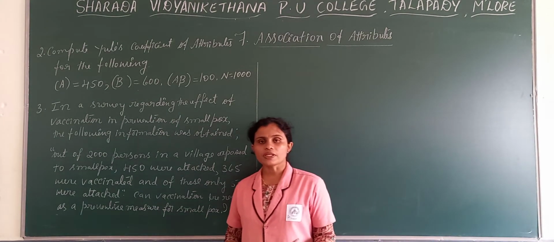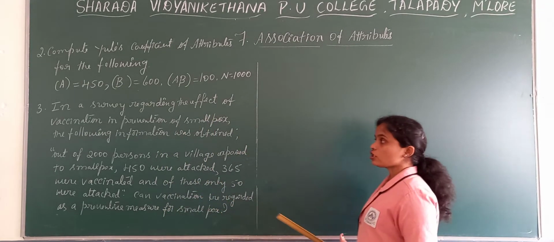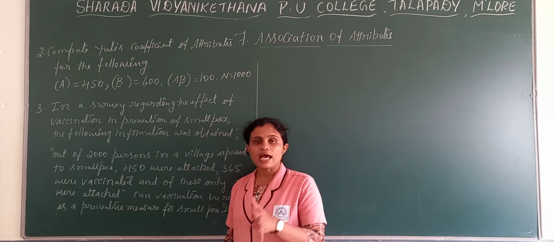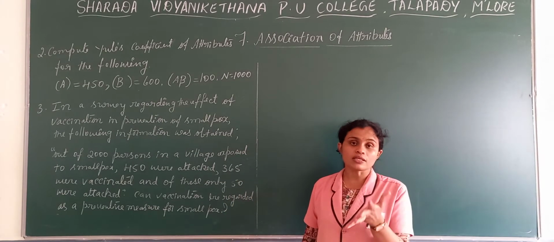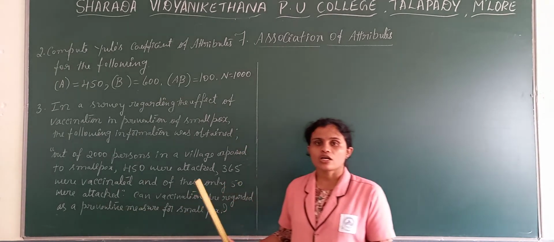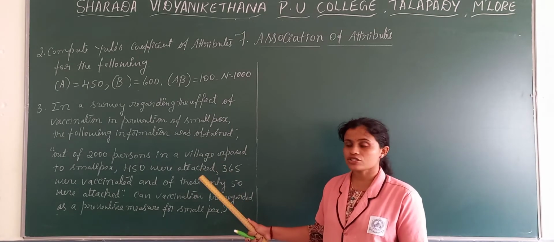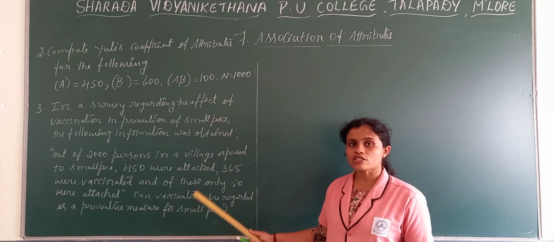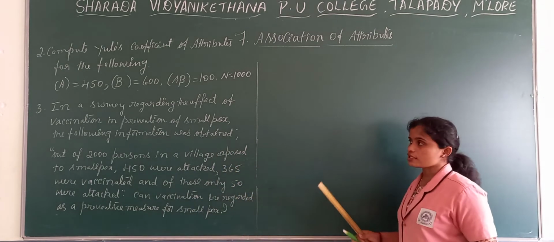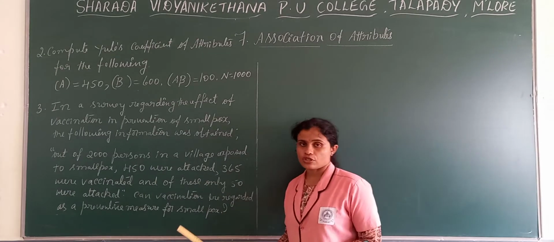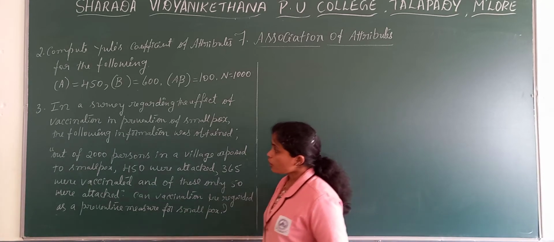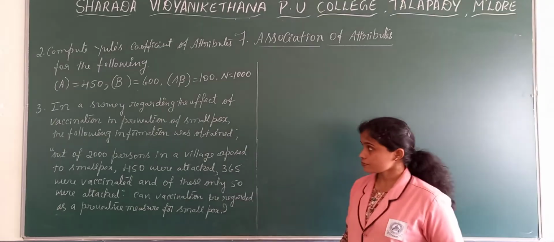In that variety of methods we are studying only Euler's coefficient of association. Similarly, there are some other methods like the expected frequency method, the contingency method, or the colligation method. So there are a variety of methods of studying association of attributes, but according to your syllabus we discuss only one method. Now we completed one problem in yesterday's session. Now we will see 2 more problems today.